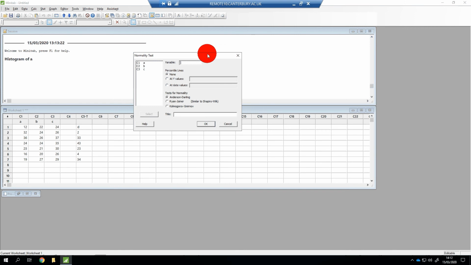In this case, it's asking us for the variable. What variable do we want to test? Well, we just decided column number 1 that contains variable A. Click on that. I can double click it again, and it'll go into the variable slot here. So it's going to test variable A, column number 1. The other options here you can leave as a default. Again, you don't have to change those. The Anderson-Darling test is a good vanilla, all-rounder test for normality. So we can leave all the standard options and just click OK. And this is what we get. We get another graph